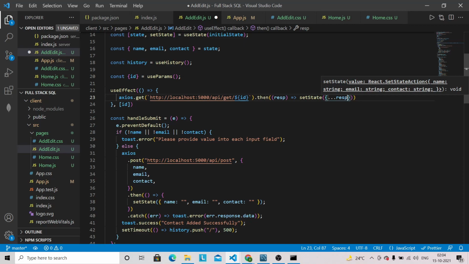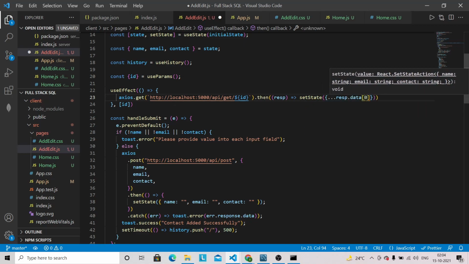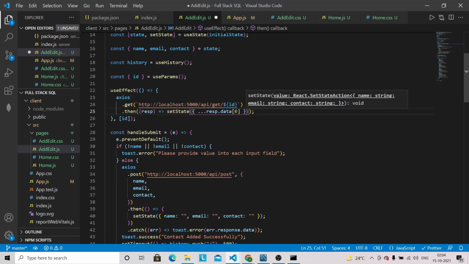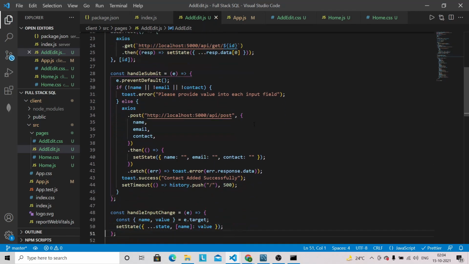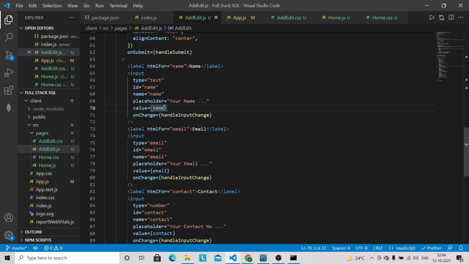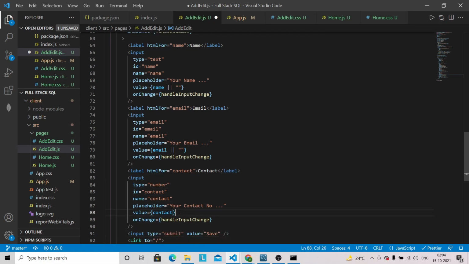So this array of objects will contain only one data, so we can target the data this way, because it will fetch only the single contact based on the ID. So this data will basically return in the form of an array of objects. So we have to target the first index. Okay, and we have to also adjust our each input field. So basically in order to populate the data we have to modify this way, so that way only it will populate into each respective input field.